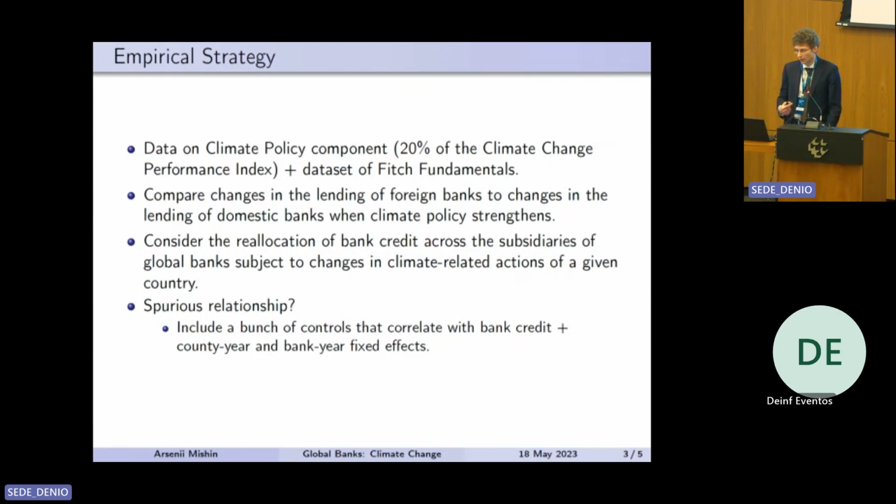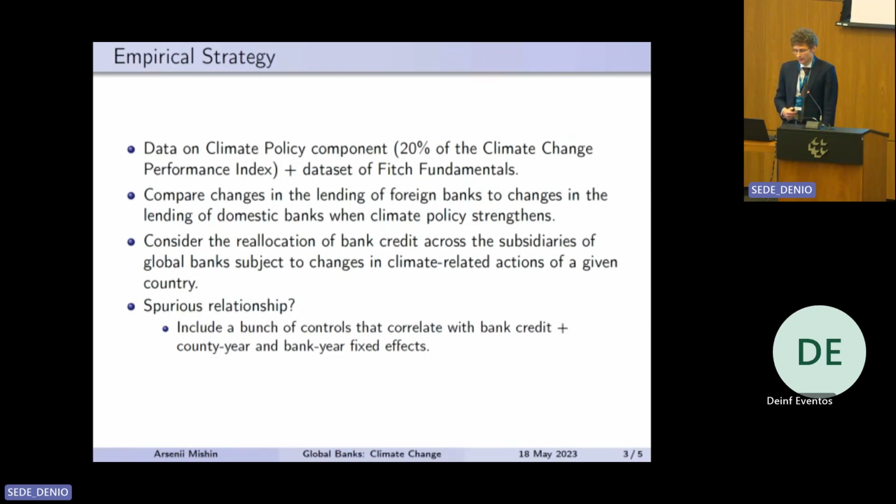The authors combine it with a data set of Fitch fundamentals and some other data sets. And the empirical strategy is that the authors explore the variation in the lending of foreign banks and domestic banks when climate policies become